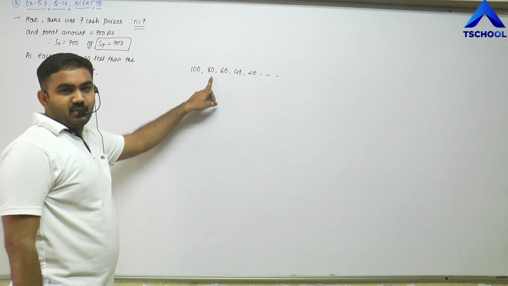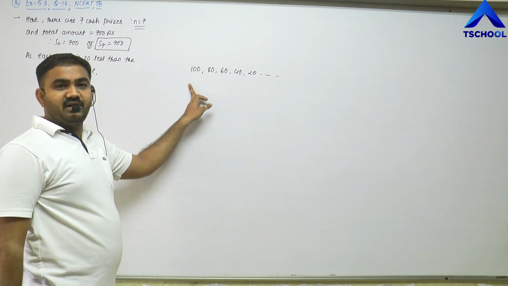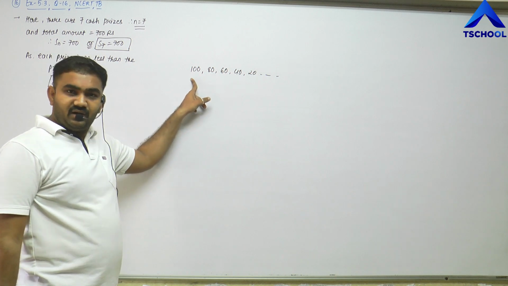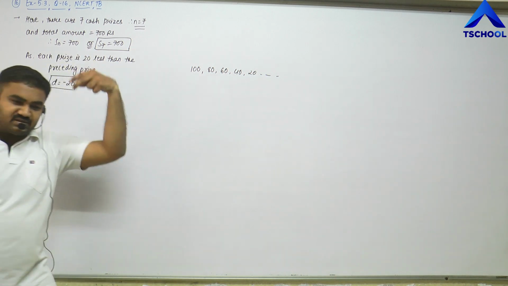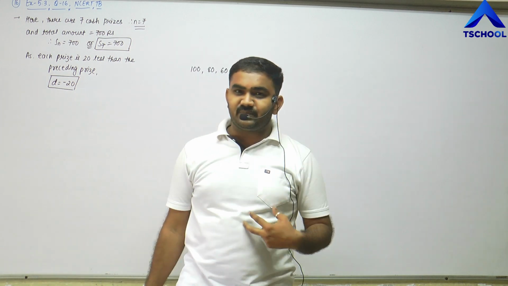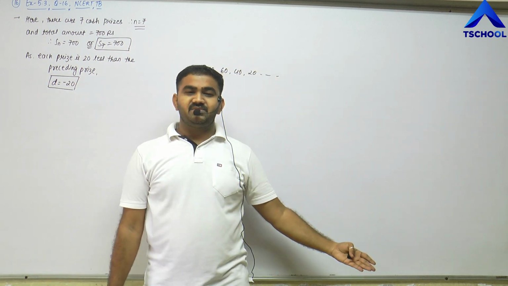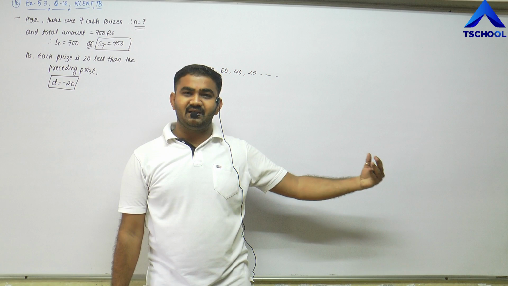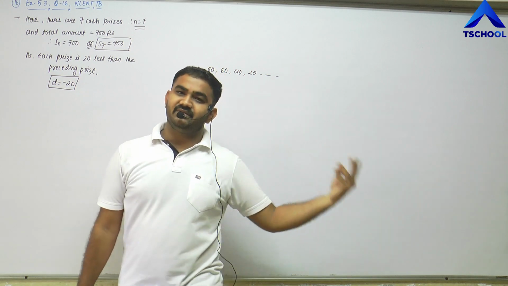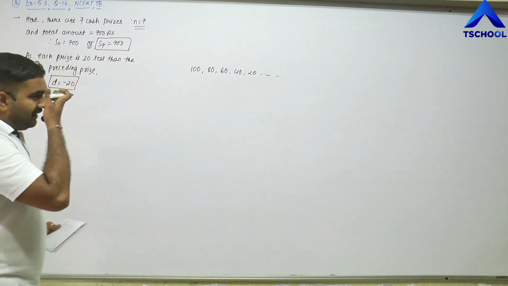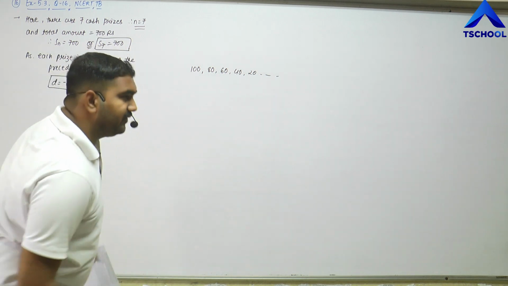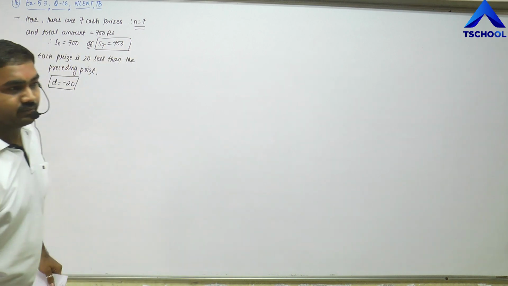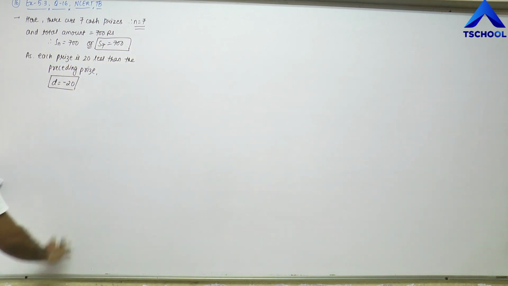Right? Because each prize is 20 less than the preceding one. If we are talking about 80, then it is 20 less than 100. The preceding one to 80 is 100. So if I am getting 100 rupees as the first prize winner, then the second prize winner will get 20 rupees less than me, that means 80 rupees. Then the third prize winner will get 20 rupees less than the second prize, that means 60, and it goes on for the 4th, 5th, 6th and 7th prize winners. Right? Now, as each prize is rupees 20 less than the preceding prize, we shall take the common difference D is equals to minus 20.